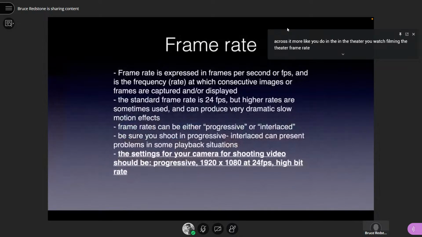Frame rate. Now, we talked about how motion pictures using film were individual photos put together one after another in the order that they were shot and in the same time. Or if you wanted it to be fast motion, you would show them faster, or slow motion, you would show them slower. But the rate that they're shot was the frame rate, the number of frames per second that the film was